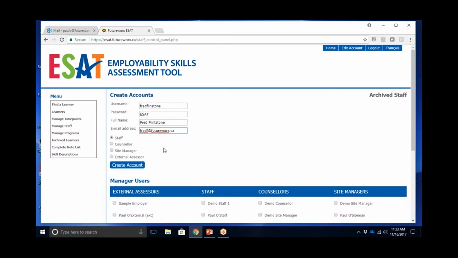We then have to decide what type of account this is. You have the choice of staff, counselor, site manager, or external assessor. Staff people are people who are linked to learners in their capacity as instructors or administrative staff, but they don't have a case management role. So a staff person is asked to do observations, to input the observations into ESAT, and to participate in the